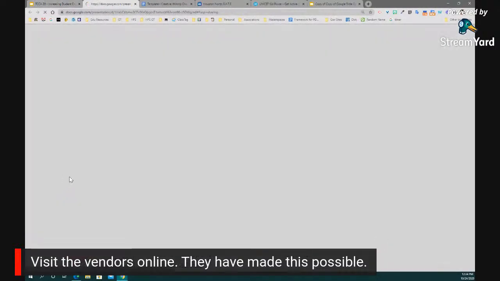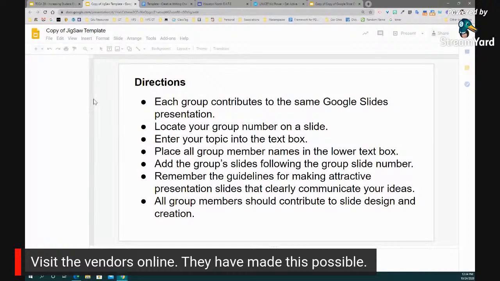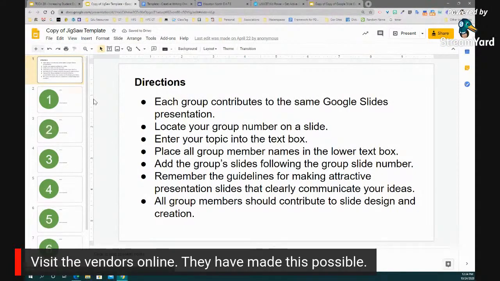Another way would be with what's called Jigsaw. So Jigsaw is, for those of you that are not familiar with it, I'll go ahead and explain it real briefly. It's like when you have a big piece of content that you want students to learn, and you chunk it up in smaller pieces, and you assign each little piece to a different group of students. Okay. And then each group of students is then responsible for consuming that, and then kind of picking out what the highlights are for the learning, and then put it down. In this case, you would ask them to put it down on a particular slide depending on their group number, right?